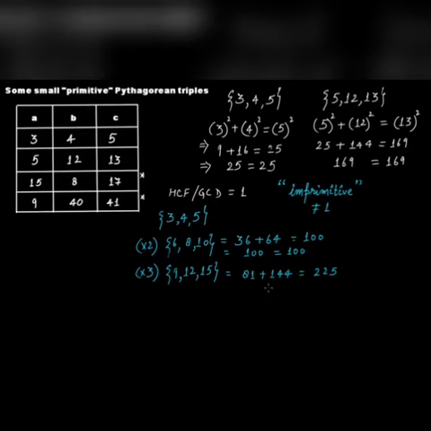This should be equal to 225. So 81 plus 144 is 225, which is equal to 225, right? So yes, these 3 are Pythagorean triples, but since the highest common factor is 3 and not 1, it makes them imprimitive Pythagorean triples. Okay,